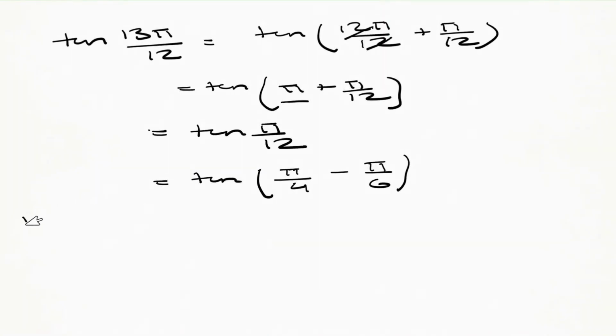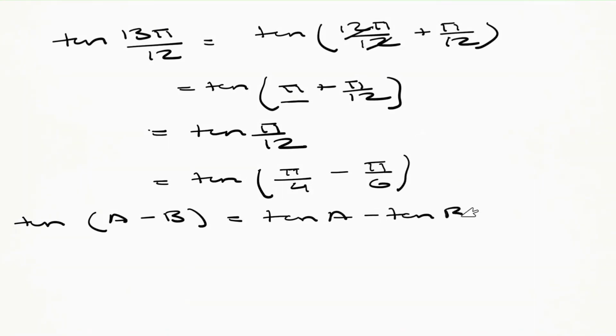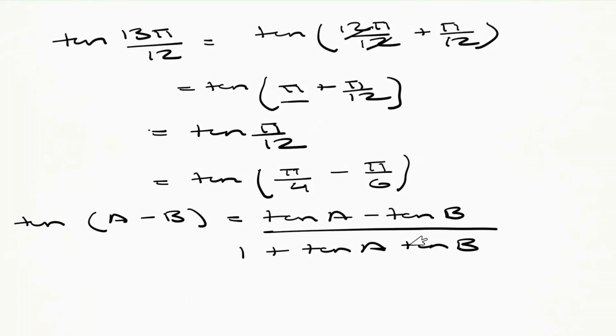So if we go back to the trigonometric identity, which is tan of A minus B is equal to tan A minus tan B over 1 plus tan A tan B, we can apply that to this problem. Let's continue going. Using this trigonometric identity, that means tan of pi on 4 minus pi on 6 is equal to